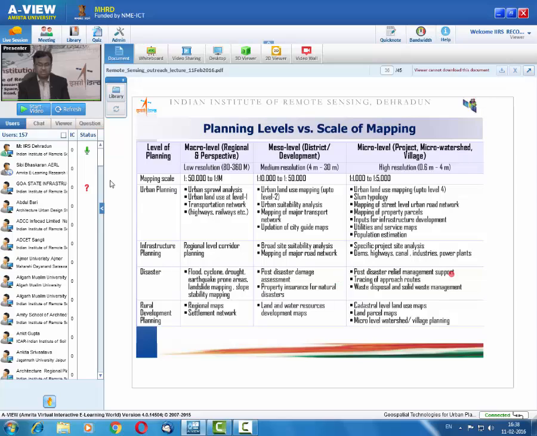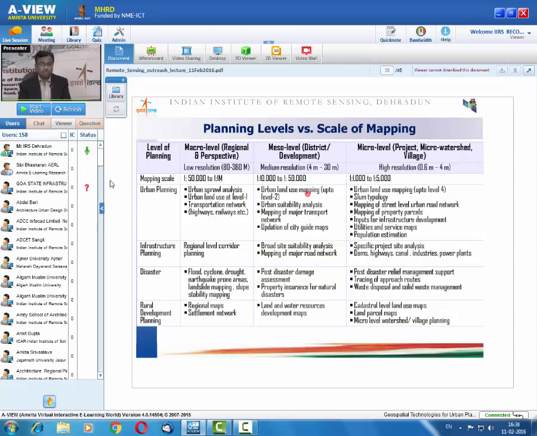In disaster management, we can see specifically whether a particular building has been damaged or not. In rural development planning, we can go to the cadastral level, land use land cover maps, land parcels, and so forth. In between, we have the meso level planning, which may require medium resolution satellite data, 4 meter to 30 meter, and the corresponding scale may vary from 1 is to 10,000 to 1 is to 50,000, and